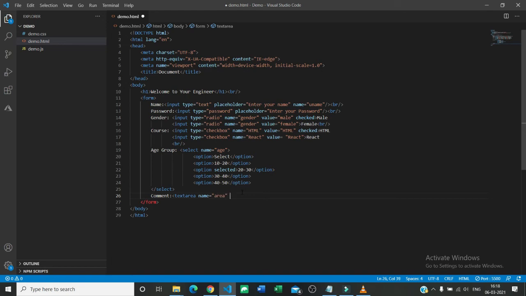And also here you have to give two things. Text area is like a table, so you have to give the number of rows you want to be shown and the number of columns you want to be shown.